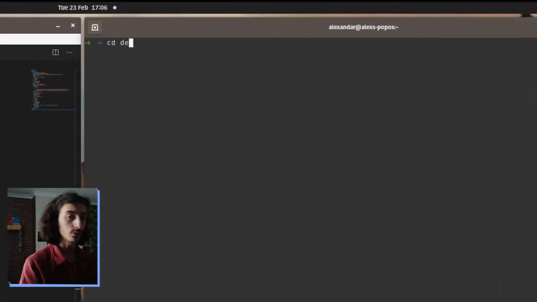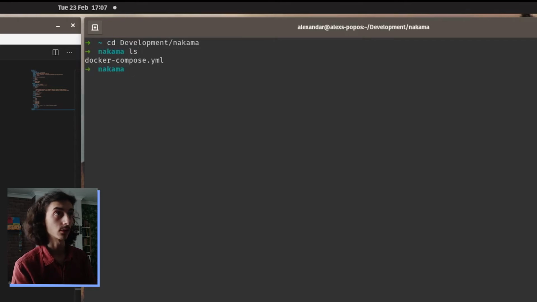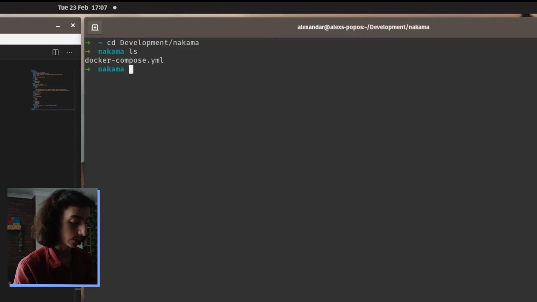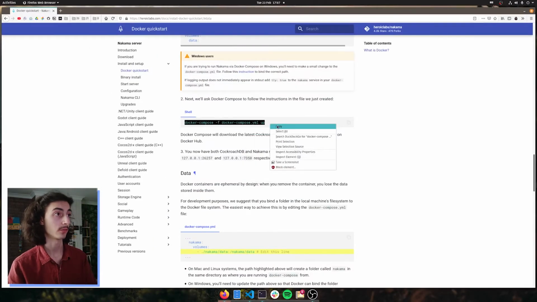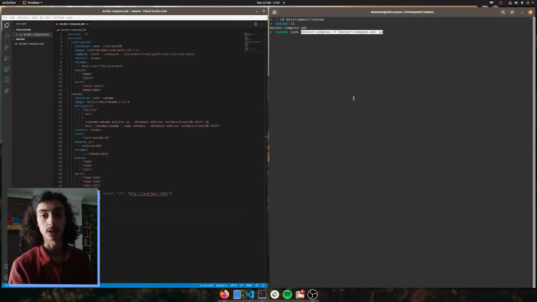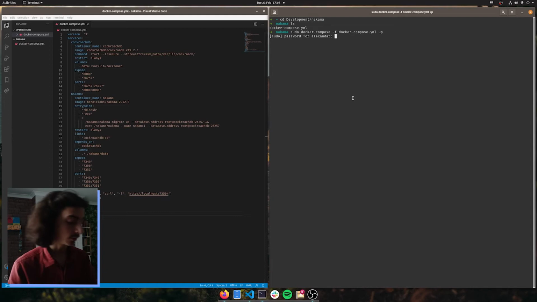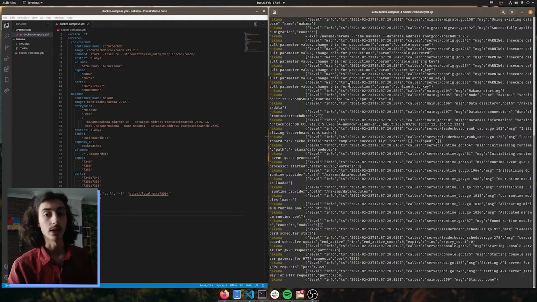And if we just go to where we have this Docker Compose, we can see here this is where our Docker Compose file lives. And we just do sudo, go to documentation. We just literally have to run this command into our terminal. Now I have to do sudo, you might not have to do sudo. Try it out, sudo, and then you'll see Docker Compose downloading all of the requirements for Nakama and then starting